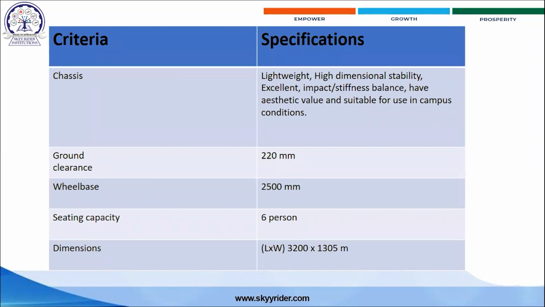These are the things we have to keep in mind while we are designing and manufacturing. What will be the ground clearance? This is the ground clearance, the floor base clearance, and how much the sitting capacity should be. These are the dimensions. Okay, now,